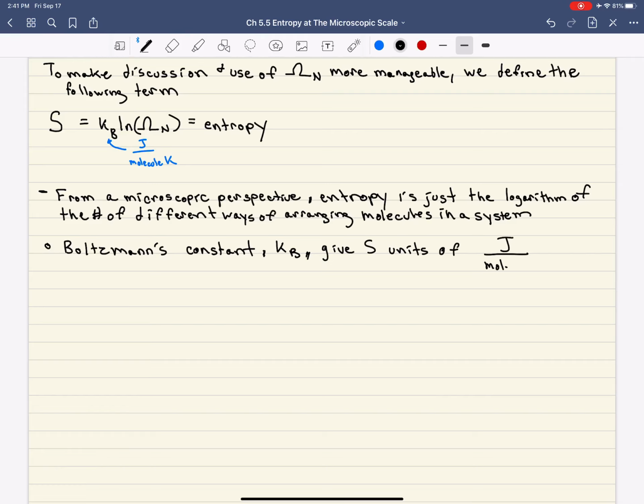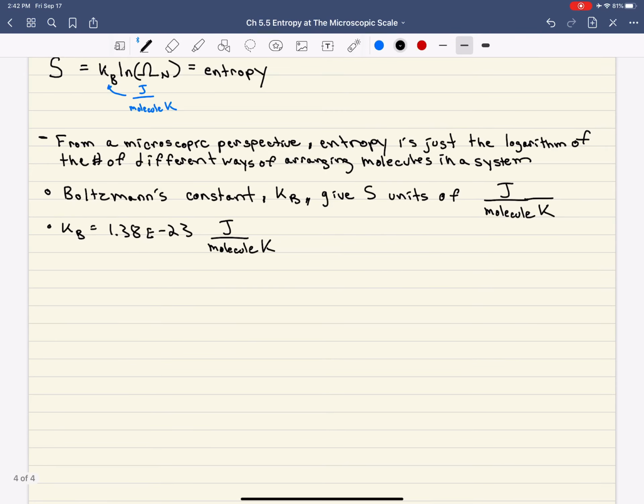Right? And it gives us units of joules per molecule per Kelvin. Boltzmann's constant, if you don't remember, is 1.38 times 10 to the negative 23 joules per molecule per Kelvin. Right? And so this is a per molecule number,